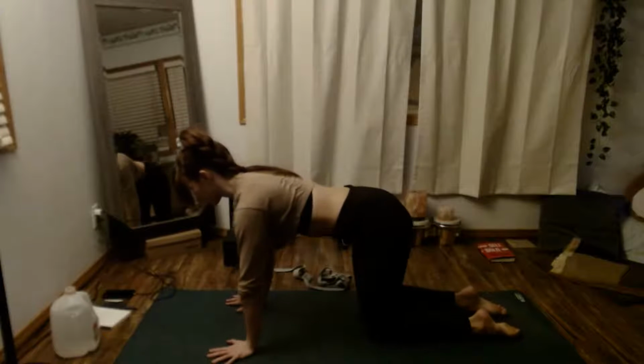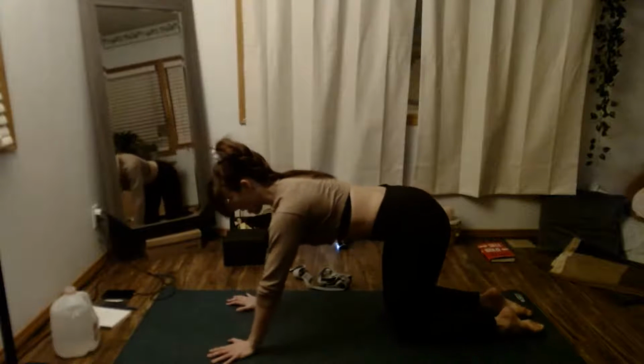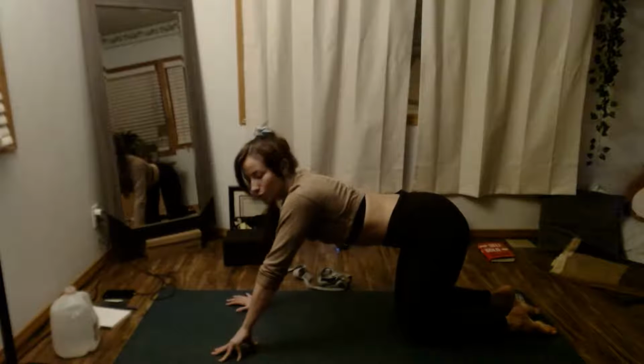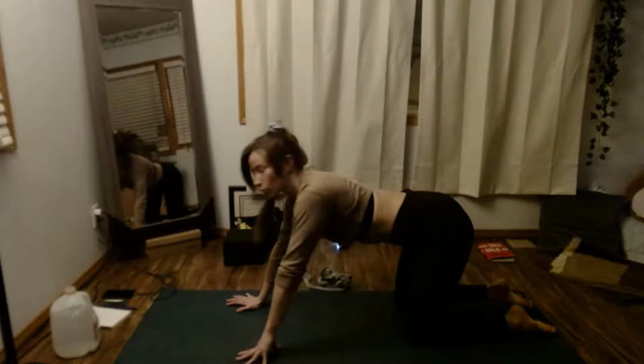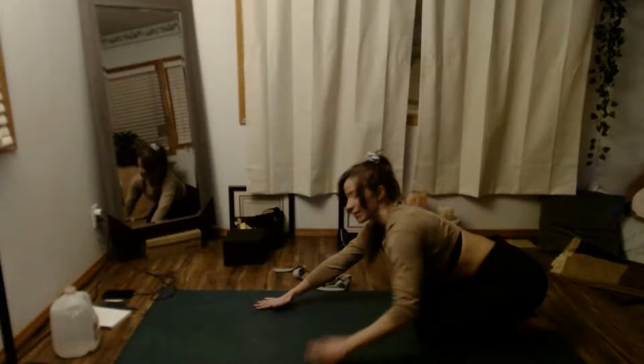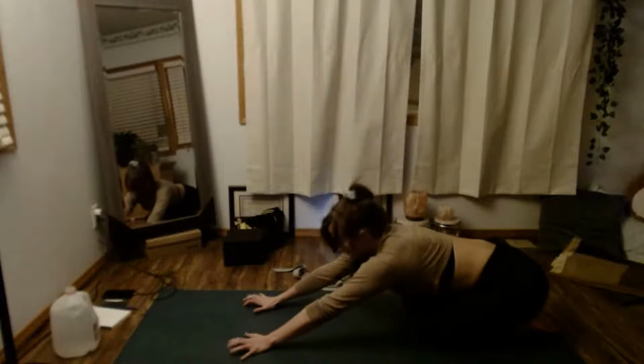And from here, we are going to just cross through the ankles and work our way into a tabletop position. So hands and knees. We're going to work through now some rolling child's to cobra, or just like a half upward facing dog. I'm still weak in my body, so I'm not going to worry about full upward facing dogs. So I don't think you should either, but if you are really feeling it, if you like it, then by all means. But we're just going to pull the hips back, child's pose, and then pull forward so that we're on our forearms. Pull all the way through so that we come into this gentle cobra or partial upward facing